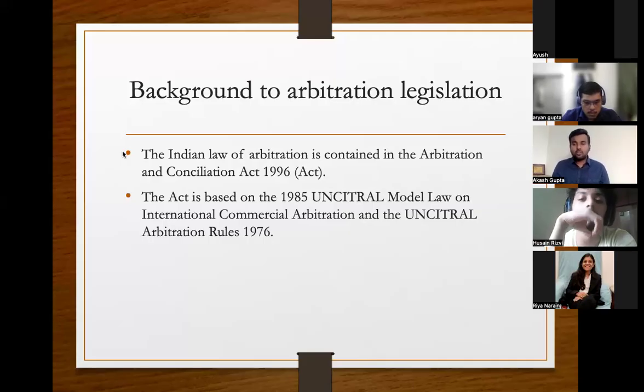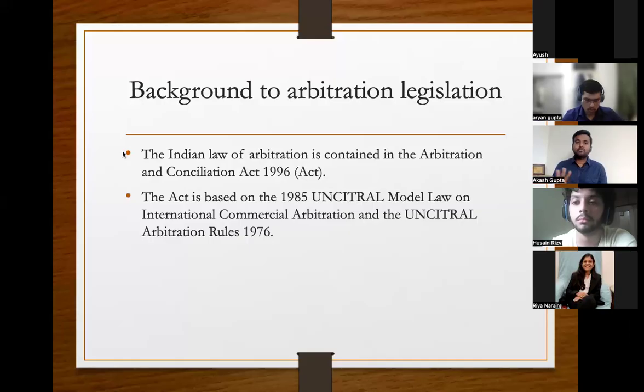However, UNCITRAL Model Law also has an amendment, which is in 2006. But if you talk about the Indian Arbitration Act, you have seen the amendments coming afterwards, and currently there is another amendment, the 2024 bill, which is a draft bill which has been open for public consultation, where different changes have been proposed. For example, inclusion of emergency arbitration. Now, in the Arbitration Act of India, there are two parts.